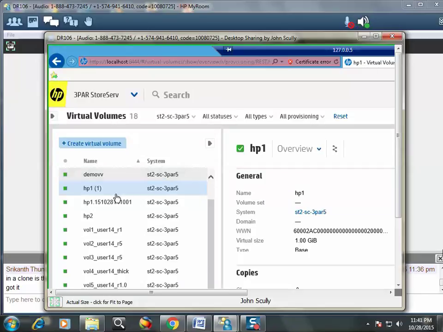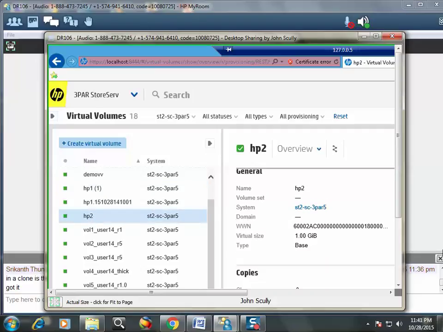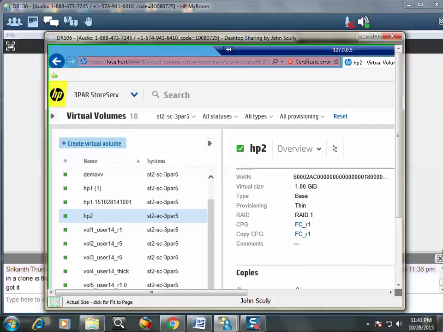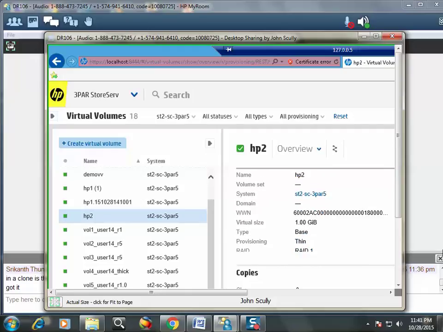Not much is going to happen. Up here it says creating the clone HP1 to HP2, et cetera. Now if I highlight HP2 over here, eventually,